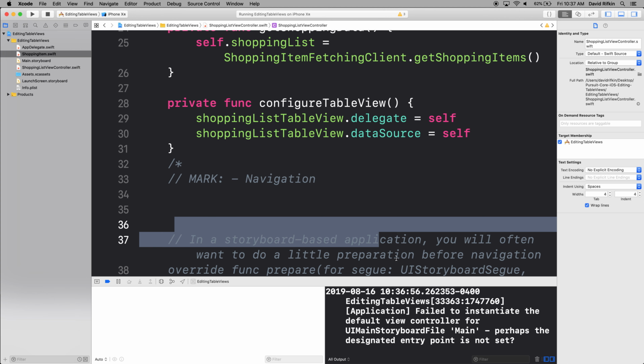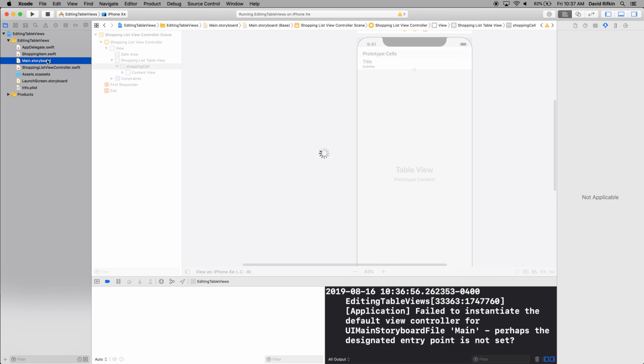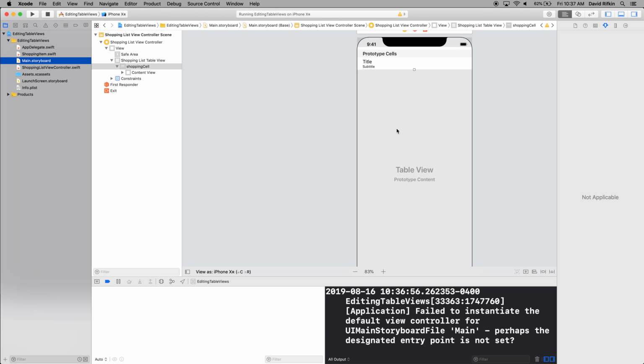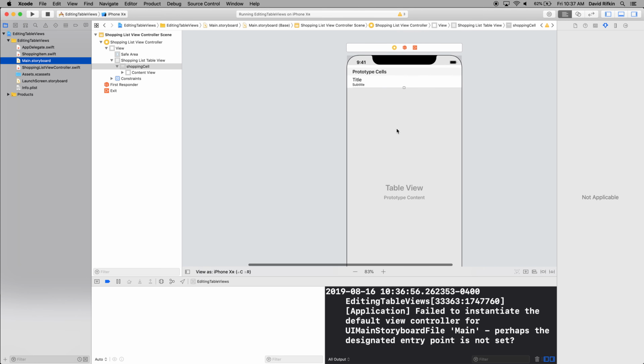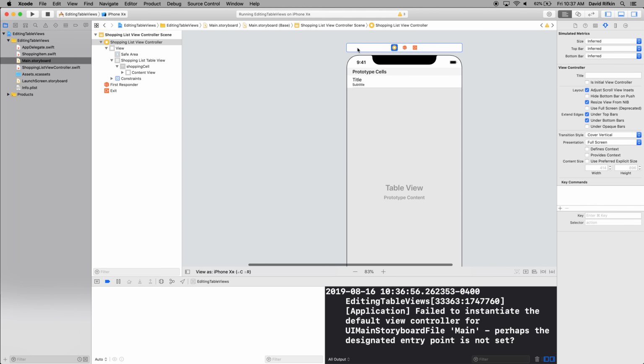Ollie, what's going on? Failed to initiate the view controller. Perhaps we don't have a navigation controller. So where do I go? Go to the storyboard and let's embed that view controller. Go up to select your... I think we just have to set the... I don't know what these are called, but if we go to